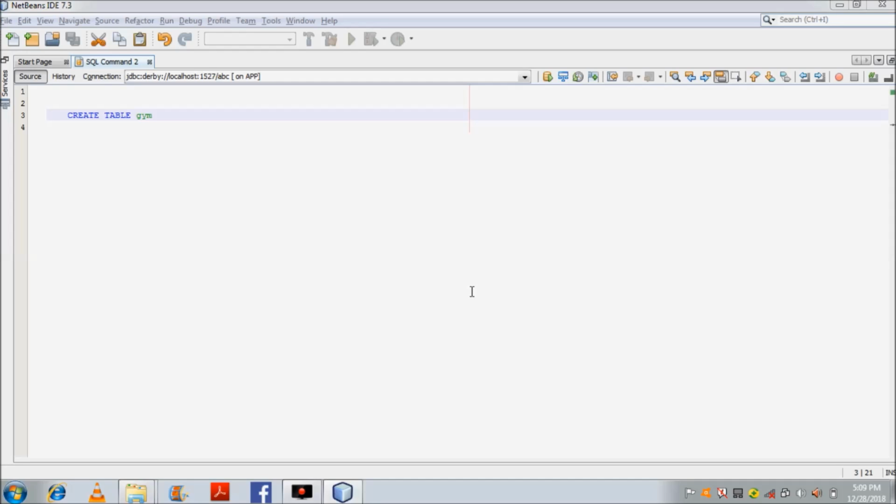Welcome back. In this tutorial we will learn how we can set a primary key in a table. Suppose I am going to create this table gym,